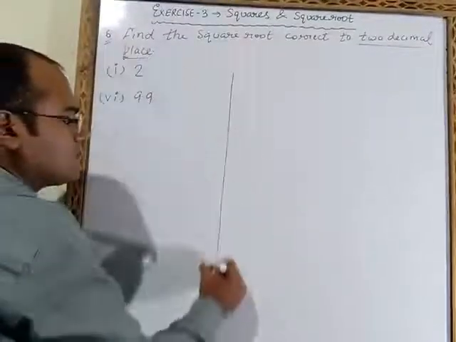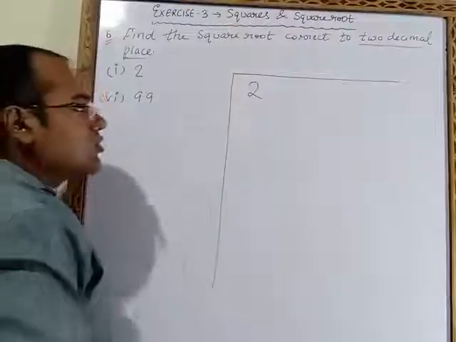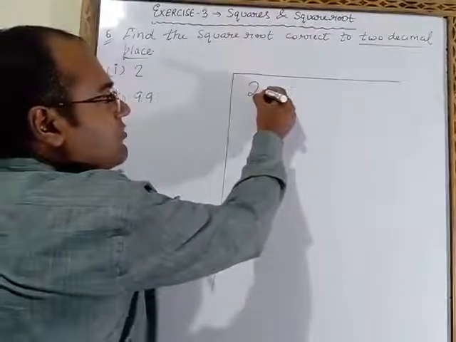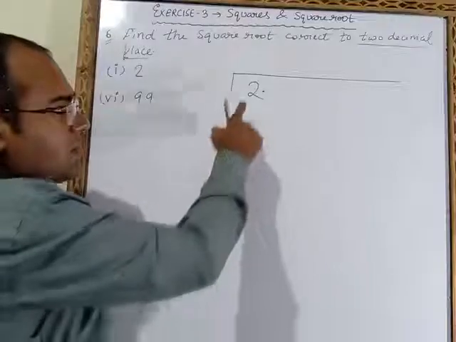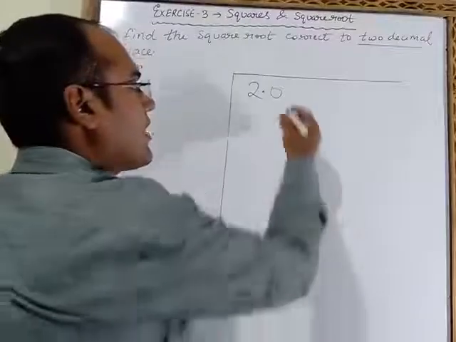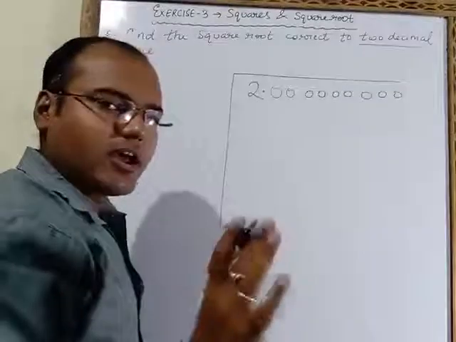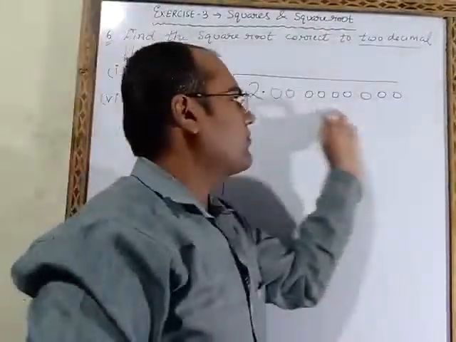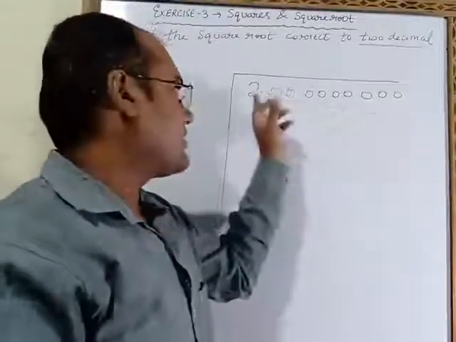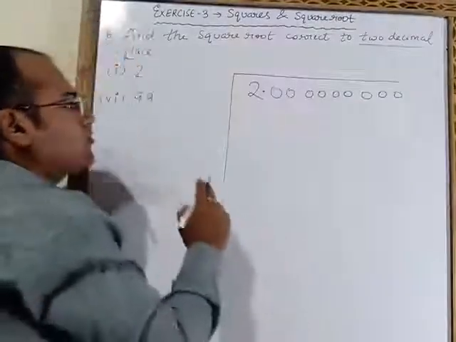First of all, we will draw the lines. Inside this we have to fill 2. In this, decimal is not there. So since decimal is not there, we have to take here decimal after 2. 2 we can write as 2.0, meaning will remain the same. As many 0s as you add, the answer will remain unaffected. The meaning of this is 2 only. We can add as many 0s as we want at the end of the decimal. Meaning will remain the same.